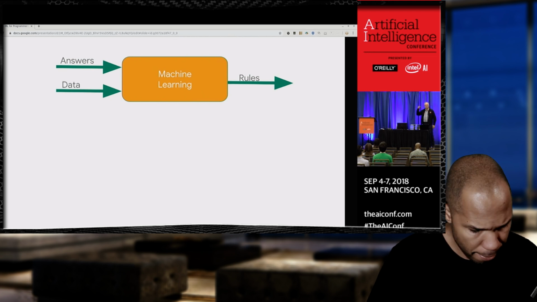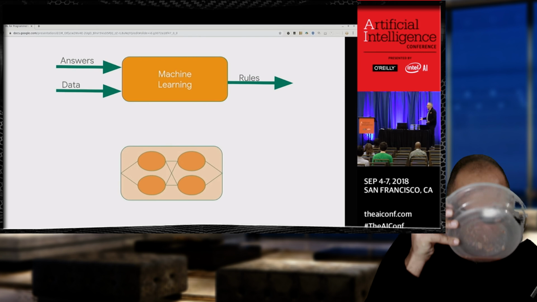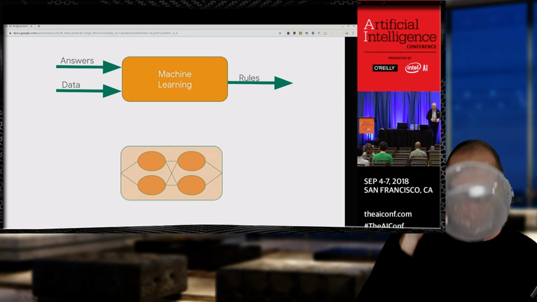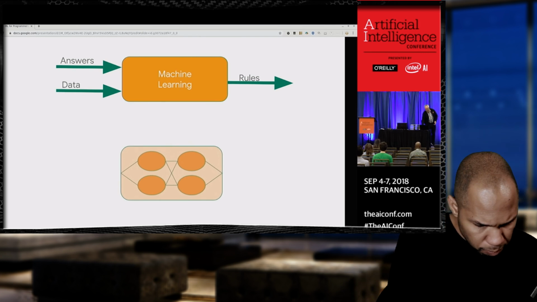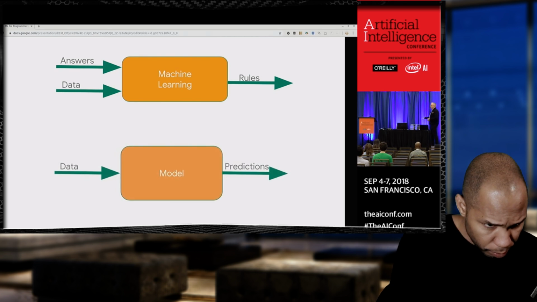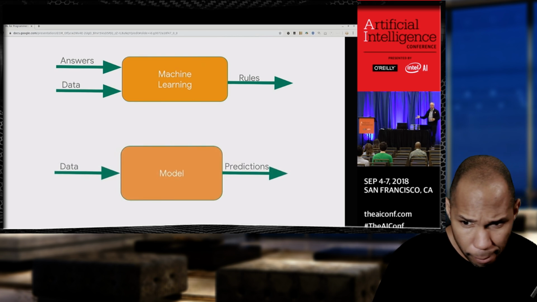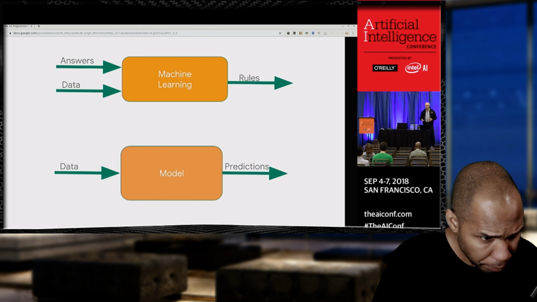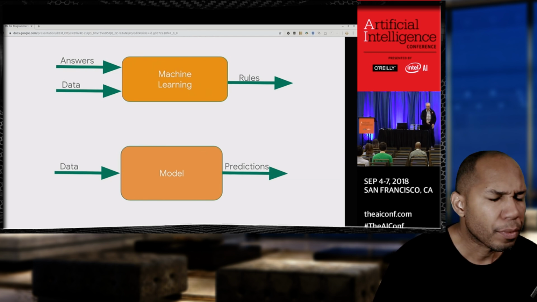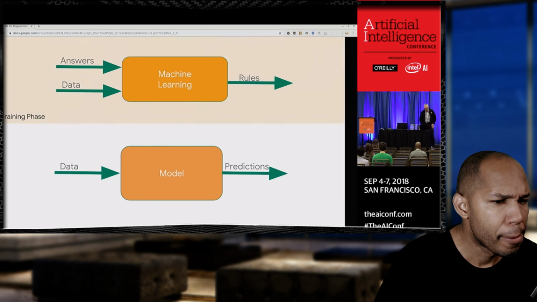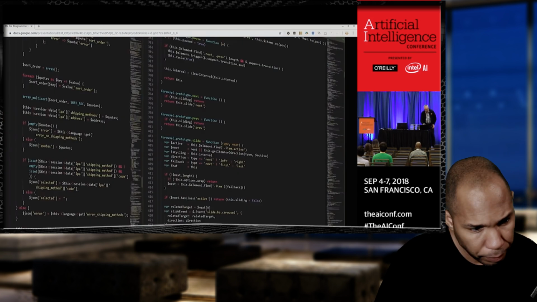You don't learn by those if-then rules. I know I didn't, and most people I speak to didn't. As a result, they ended up playing the game and they infer the rules for themselves. And it's exactly the same thing with machine learning. You build something, the computer learns how to infer the rules with a neural network, and then at runtime you give it data and it will give you back classifications or predictions, or intelligent answers based on the data that you've given it. So let's look at some code. This is what we call the training phase, this is what we call the inference phase.